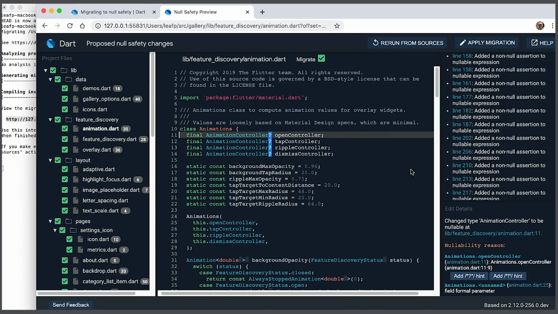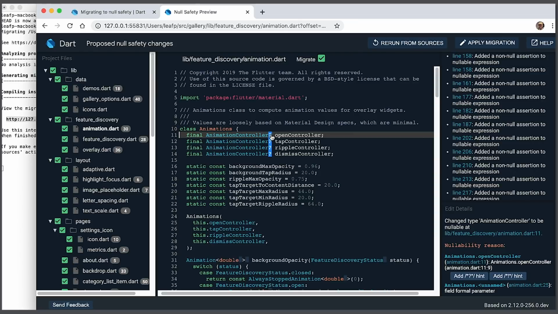So let's take a look at it. If we look here, we've got these 4 fields. It is proposing to make them nullable. So is that the right choice? Maybe I know a lot about this code, so I can just say right off the bat, yes or no, that's great. In this case, I'm actually not that familiar with this code. I just pulled this down off of GitHub, so I'm using the tool and my IDE to explore this. And the tool gives us some very powerful techniques for figuring out why it is making the choices that it's making.